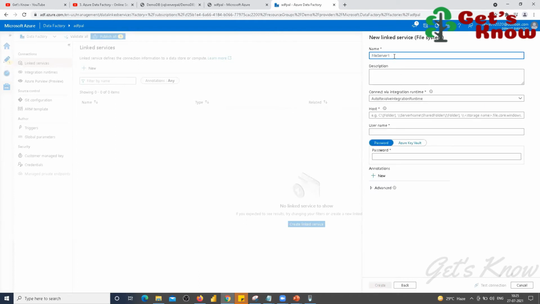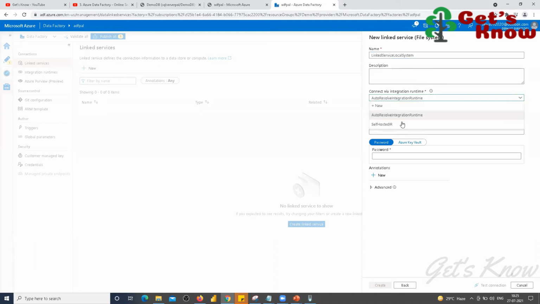This is the linked service for the local system. Then we have to select the respective IR. Yes, sorry, we have to select the self-hosted IR, because we are going to get the data from this local.